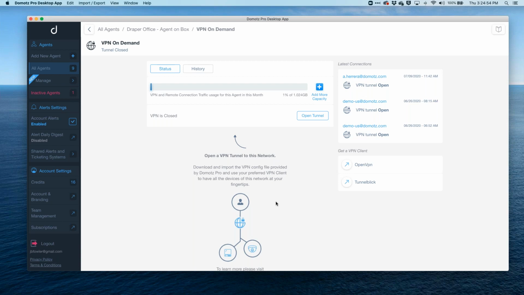The nice thing with the VPN on demand is the fact that it does put your laptop, your server, or even your mobile device, if you're using a VPN client on your mobile device, onto that network. The other thing that you can do